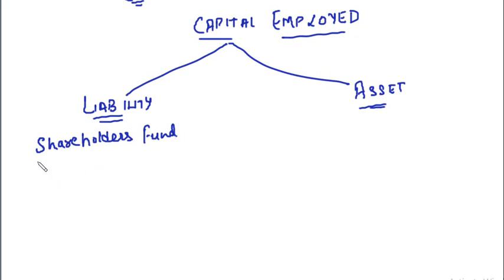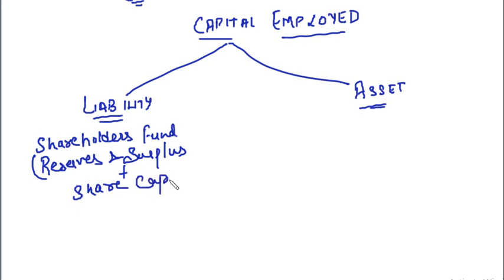The second thing that I will consider is reserves and surplus. Although it is a part of the shareholders' fund only, reserves and surplus plus share capital consists of shareholders' fund. Right? Reserves and surplus means the profits that you are earning that belong to you. Those profits you will invest in the business for future. Right? Clear? So the first thing that I consider is shareholders' fund under the liability approach, and I will add